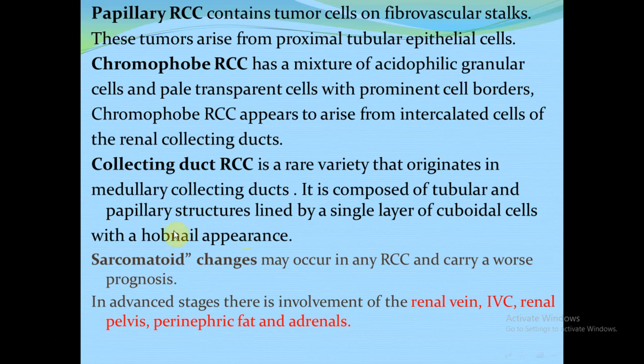هنا important point to note that sarcomatoid changes may occur in any renal cell carcinoma and carry a worse prognosis. الساركوماتويد change شلون أشوفها malignant spindle cell changes. هذه من أشوفها in any type of renal cell carcinoma. This carries an aggressive outcome. يصير aggressive behavior للتيومر اللي هو بساركوماتويد أو spindle cell changes. يعني هي المalignant cells يصير بها spindling، فهذه gives more aggressive outcome